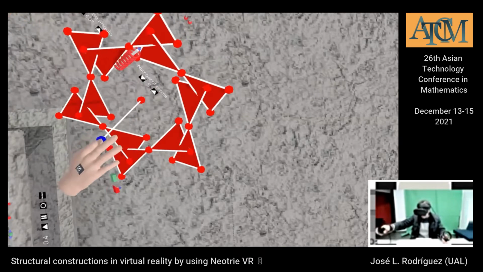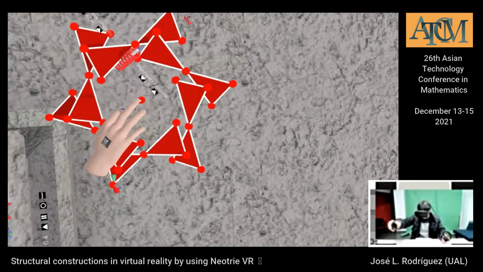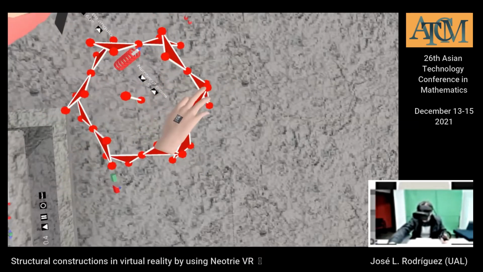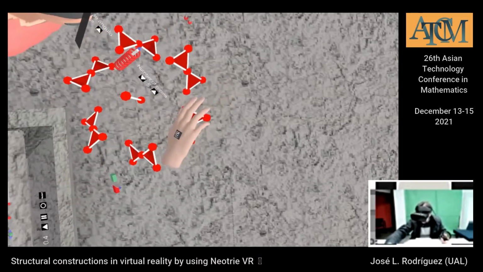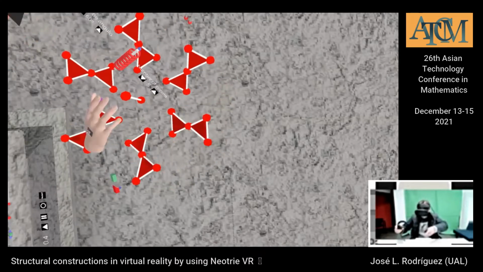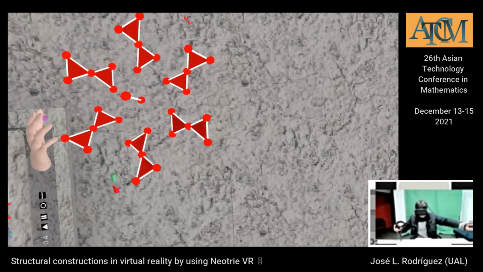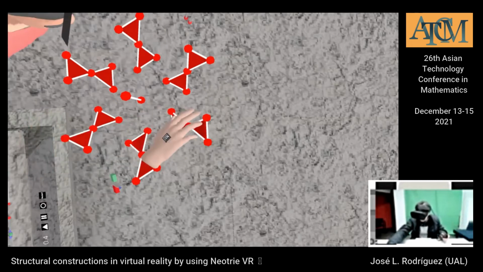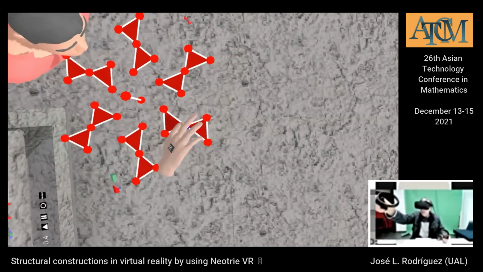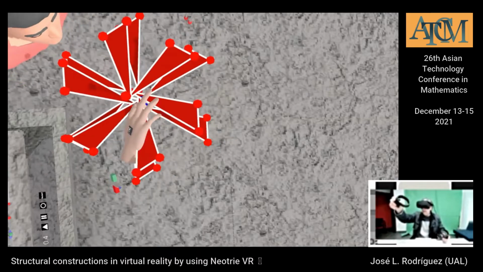I can move the rotation axis. I can take this original piece and make it smaller. Let's take out this tool now. We are not using it anymore. As you see, I can make several